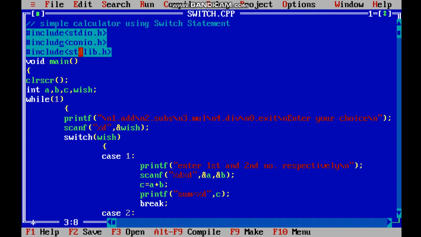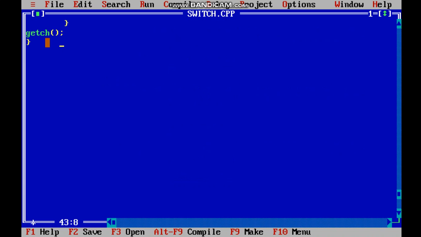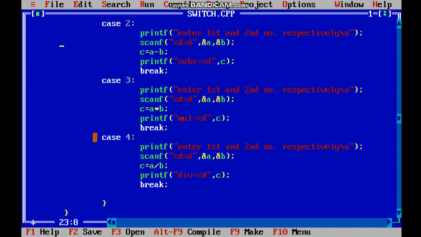This is a header file in which there is a function called exit, which helps us terminate the program. If you don't use this and use that command, then our code will not work and will give us errors. Okay, stdlib means standard library, which is a block of code in which some functions are defined. So now we are going to use some function from this block, from stdlib.h.